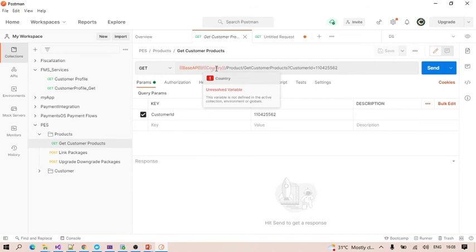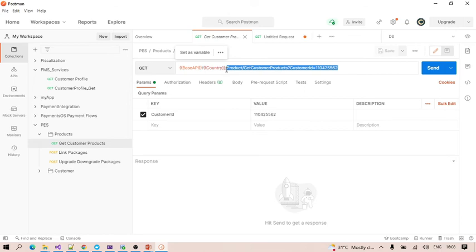This country's value is already updated inside the DT environment, so this URL will automatically get completed. We know these are static values, and only these variable values change for the environments. This URL is going to be different for development, staging, and production. Based on that, we can create multiple environments and use these APIs.